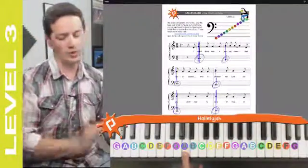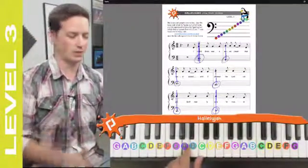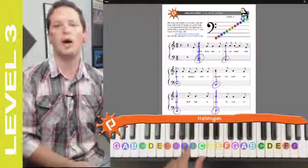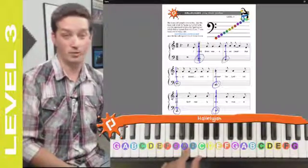If you're on level 1 or 2, don't attempt this stuff. Just stick with your notes. But level 3 people, we're going to try these notes here. I'm going to play them an octave too high so that you can see which notes I'm playing. On your mark, get set, and